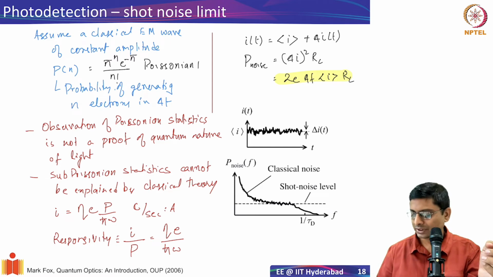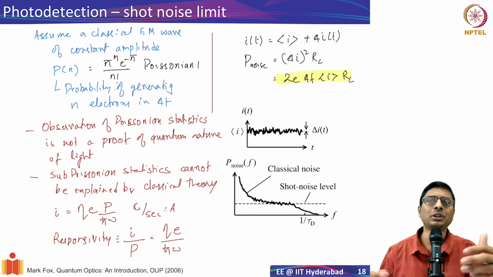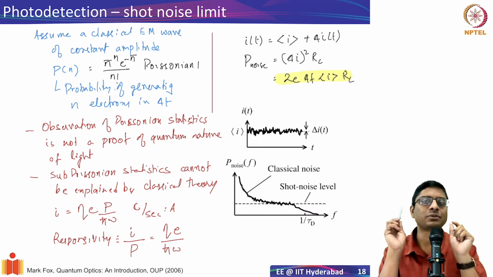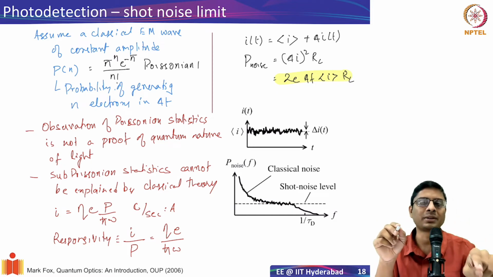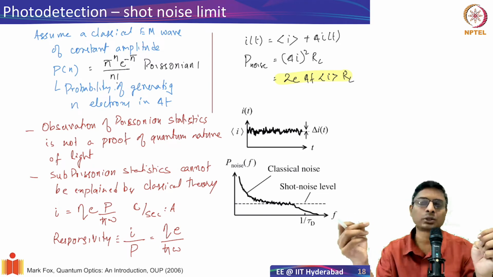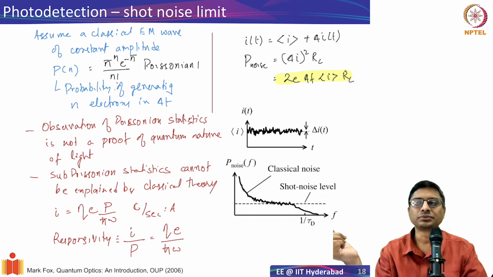So you have high noise at low frequencies, but as you go to higher frequencies, these vibrations or temperature variations occur over a very, very long time period, so they will not contribute. And at high frequencies, you will end up with what is known as shot noise. Shot noise means you essentially have shots of photons coming in, and some current is produced, some noise level. So shot noise is essentially a signature of the intrinsic statistics that are present. It could be the statistics in the photodetection or the source, but the statistics of one of those processes translates to shot noise.